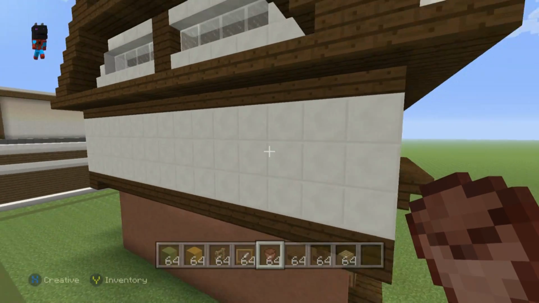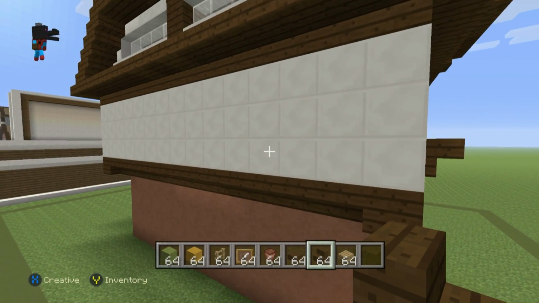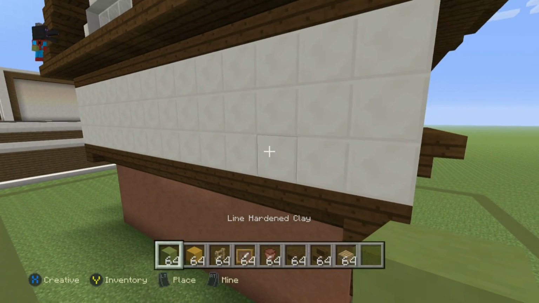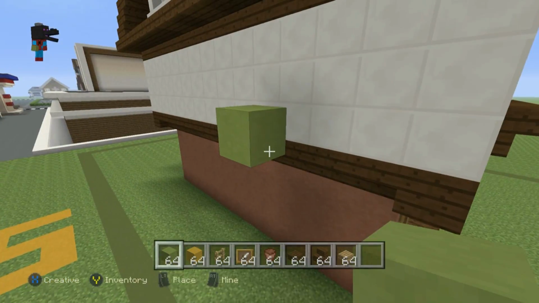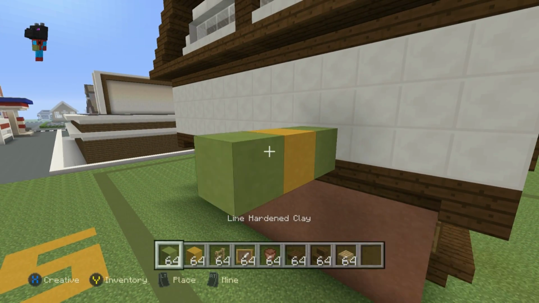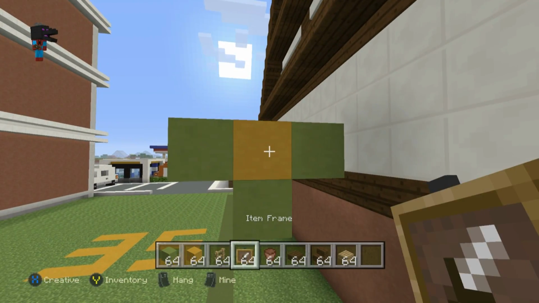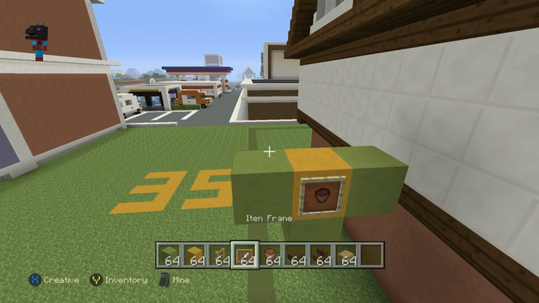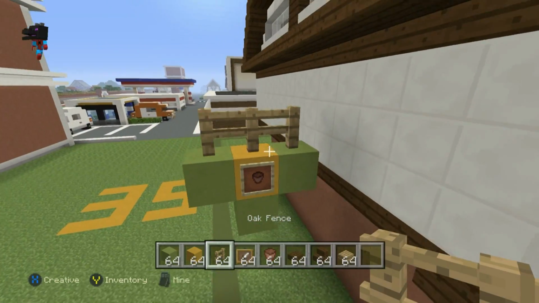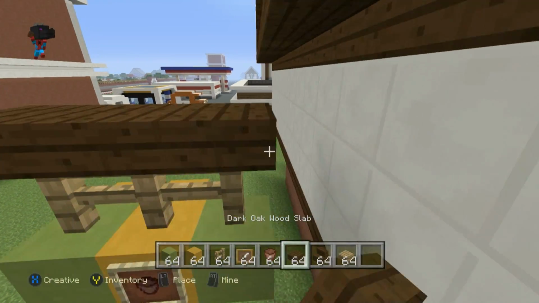So hanging somewhere off the left hand side of this build, we're going to have a sign. So the sign will look like this. It's going to be one row away from the side of the building, and it wants to be a lime hardened clay, then a yellow hardened clay, then a lime. We want to place a lime under the yellow hardened clay. We want an item frame in front of the yellow hardened clay with a flower pot inside of it. We want to have a row of oak wood fence on top of this. We want to then have a row of oak wood slabs on top of